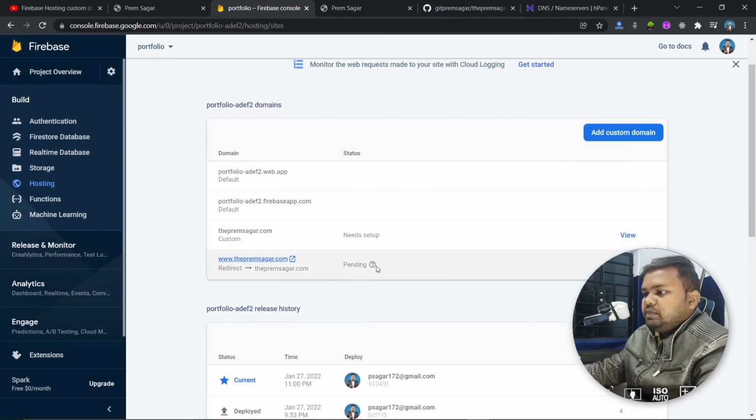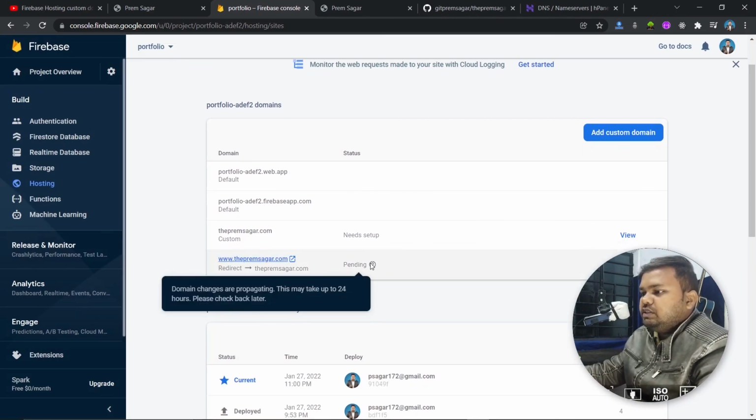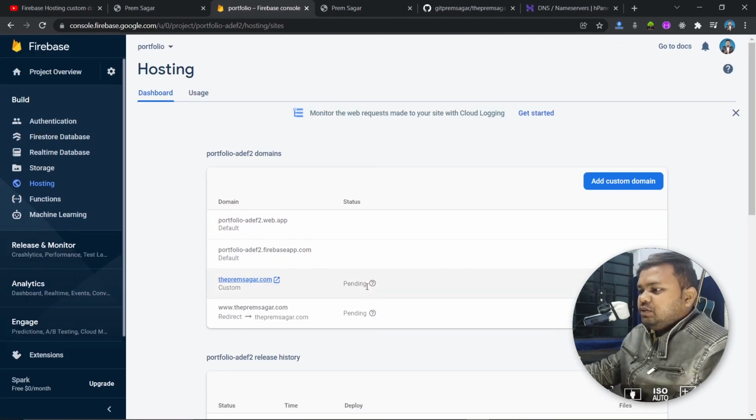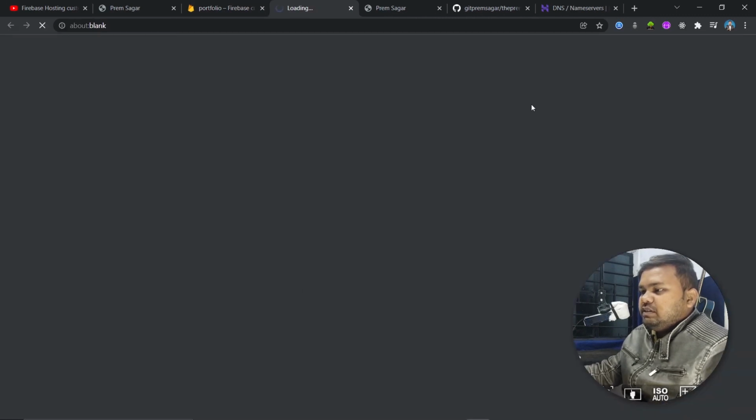Currently it is set to pending. And why is it set to pending? Domain changes are propagating. This may take up to 24 hours. Please check back later. So we will check back later. Let me just refresh the page and see if it works. Now it's saying both of these are in pending status. So let me just open it in my web browser,